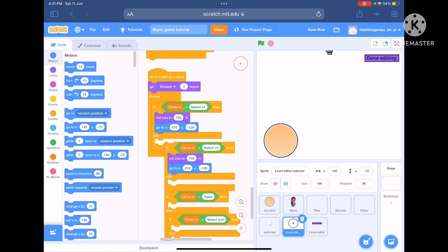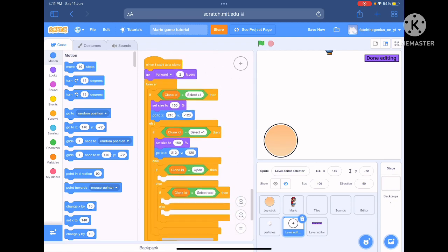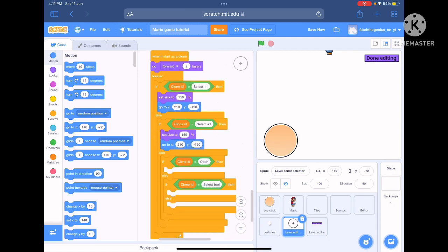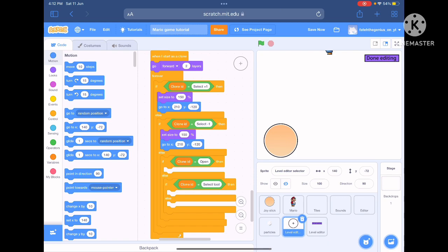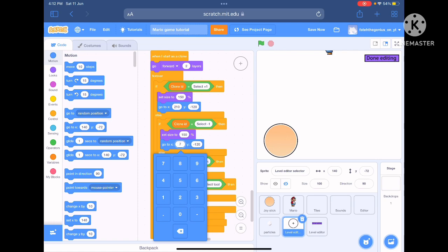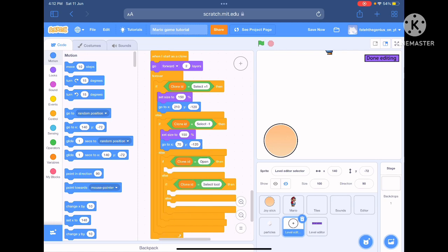Okay, duplicate that, put it in the else. We'll set size, we'll put select -1. Next page, select -1, then set size to 150. Then we'll go to X 70, Y -120, same. And then we'll check